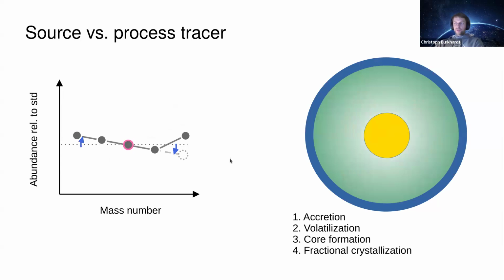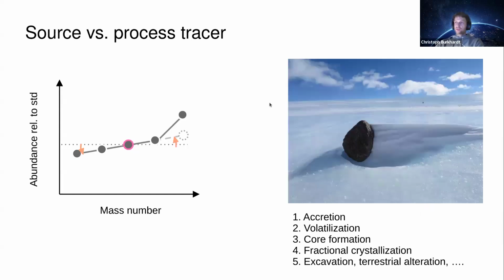Then we might have fractional crystallization and form a crust from which our sample finally derives. And again, we will have isotope fractionation. This time, the light isotopes will be enriched because the heavy ones will be taken down by crystals in the mantle. Then this rock makes it to us, and there's terrestrial alteration. That might again lead to light isotopes being removed preferentially over the heavy ones. That means a lot has happened to that sample, and all of these processes might induce mass-dependent isotope fractionation.